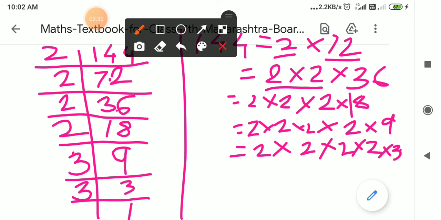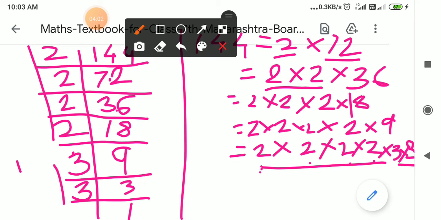3 3s are 9. Now if you see here, you will notice that these all numbers, 2 2 2 2 3 3, are prime numbers. That means we cannot find the factors of these. So here we have to find the square root. If you see here, how many times did 4 come here? 2 times. So here also 2 came 4 times. So here also 2 2 2 2, 4 times it came, and here 3 came 2 times. Means same factors. You use this method, otherwise this method, no problem. You will get the same factors of the 144. So these are the factors of the 144.